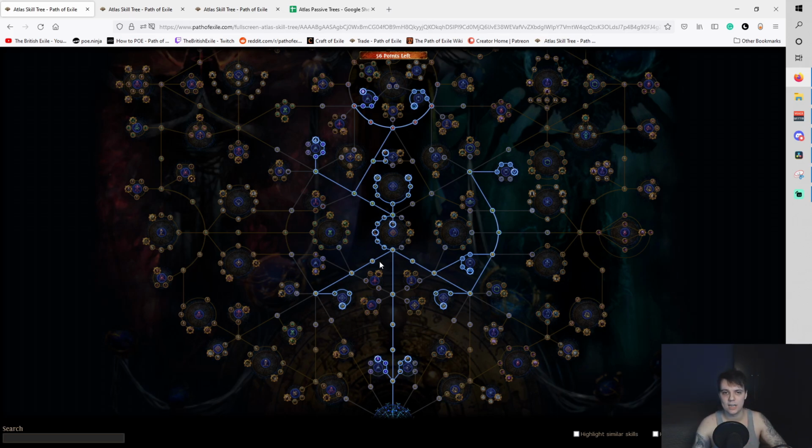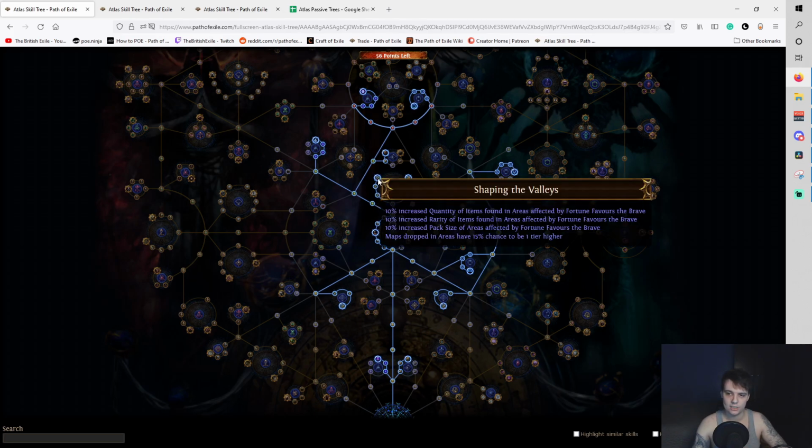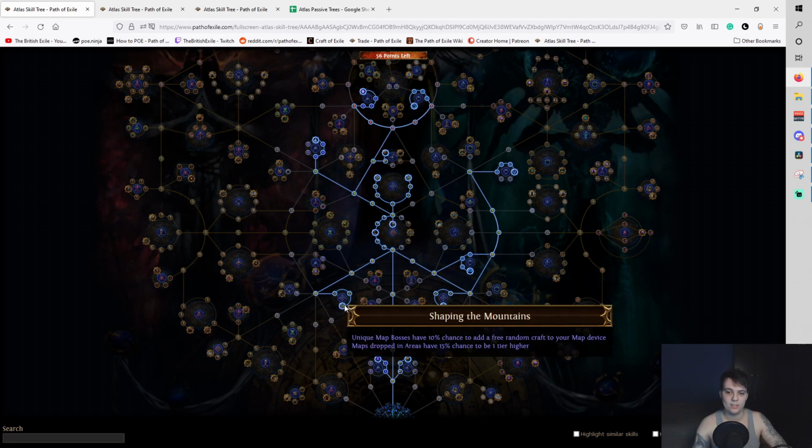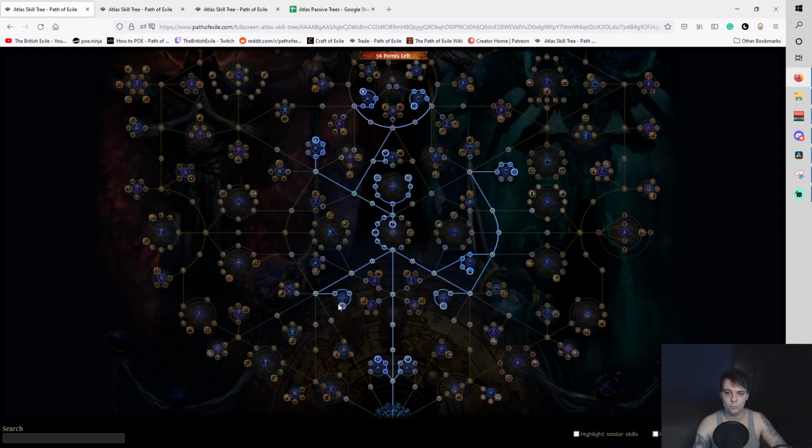Not like the Sirus setup, which was very, very confusing for new players, because it was just very poorly designed in my opinion. So yeah, this one is very, very nice. So you just get the Shaping the Valleys, Shaping the Seas, Shaping the Skies, and Shaping the Mountains. These will help you progress your Atlas very nicely, and you have no choice but to get them by going up this same route that everyone's going to take, and you can't really deviate too much from